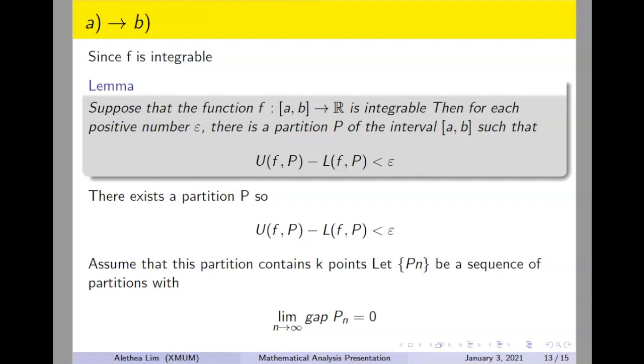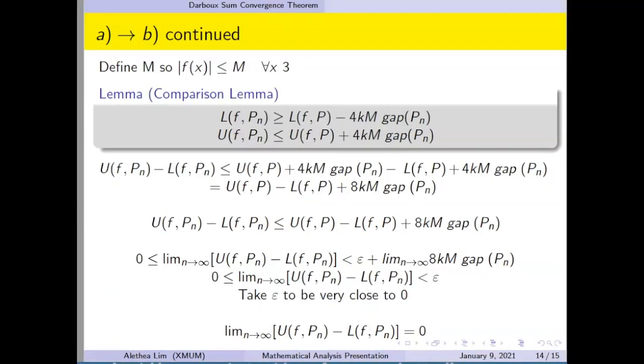Assume that this partition contains k points. Let P sub n be a sequence of partitions with limit as n goes to infinity of gap Pn equal to 0. Next, we define m so that the absolute value of f(x) is less than or equal to m for all x. We now use the lemma that we've just proven. The Darboux lower sum of f,Pn is greater than or equal to the Darboux lower sum of f,P minus 4km gap Pn. And the Darboux upper sum of f,Pn is less than or equal to the Darboux upper sum of f,P plus 4km gap Pn. So subtracting the Darboux lower sum from the Darboux upper sum, we get after some simplification,